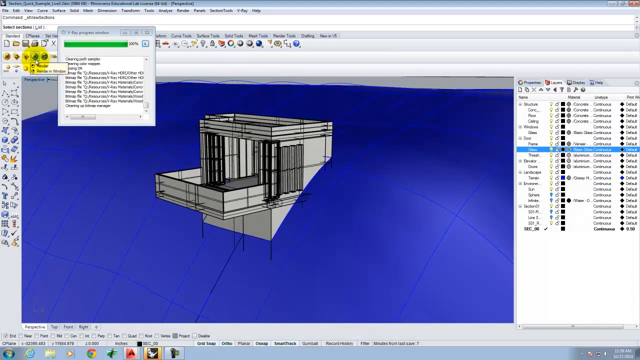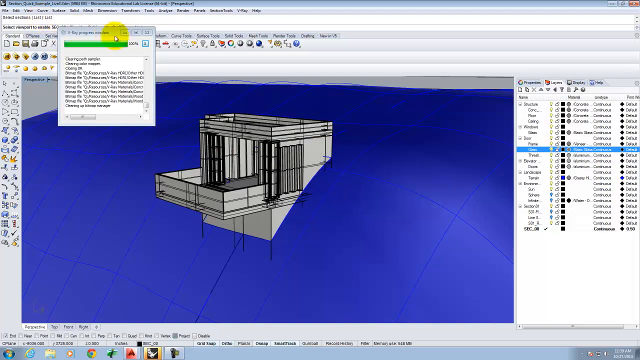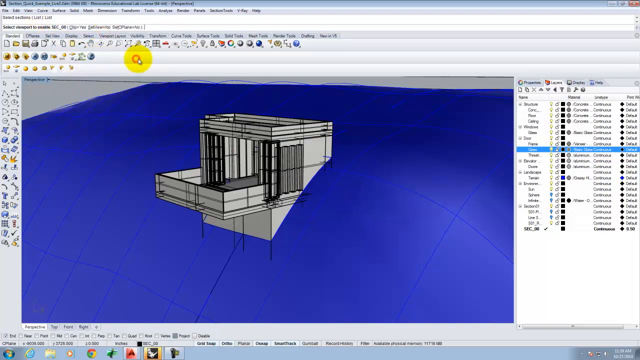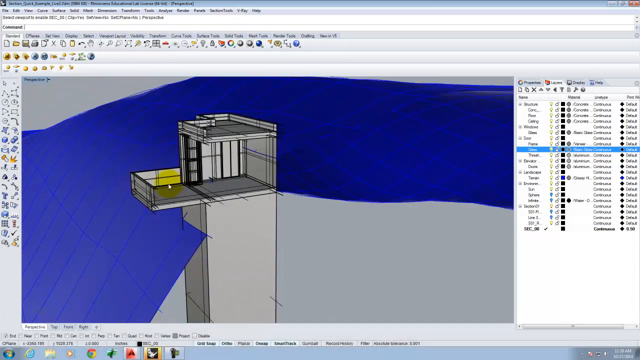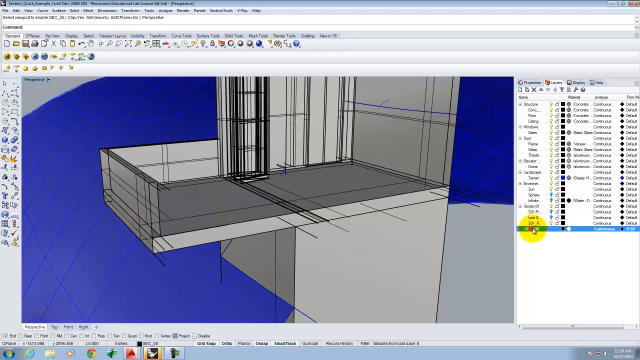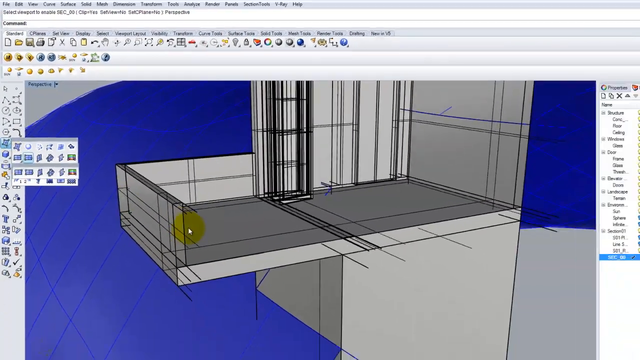And this is just so that I can see it a little bit better. I want to view section 00, and I want to view it in perspective, just so I can temporarily see it. Okay, and then we'll come in here, and on the section 00 layer, I'm going to draw a little rectangle